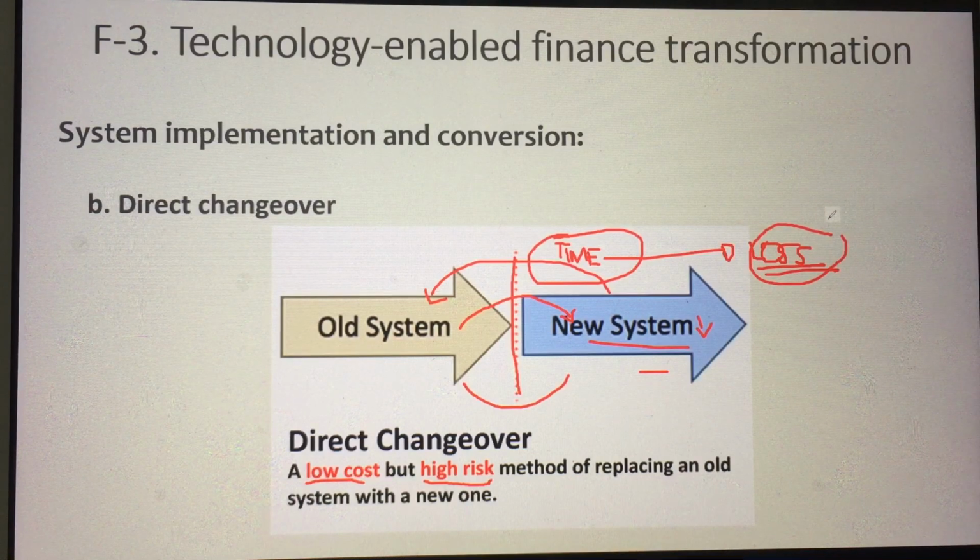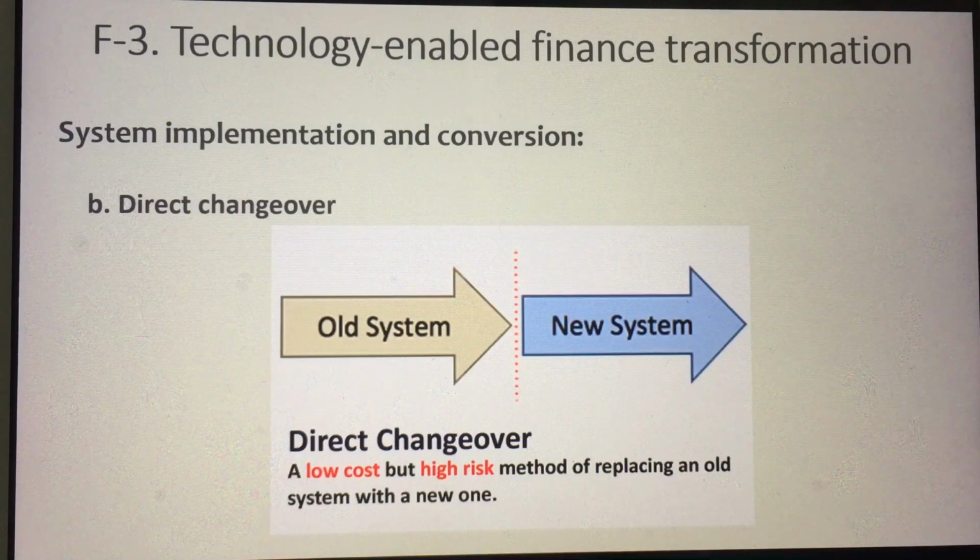Say, for example, in a delivery app, your delivery app did not run for 5 days. Meaning, 5 days without operation. No operation means loss, right? Because you have no profit during that period. So, every second counts. And moving from one system to another takes time. Not only time, but it entails costs as well. You need to pay the people and all. So, that's your direct changeover. It's bold, but your risk is very, very high.